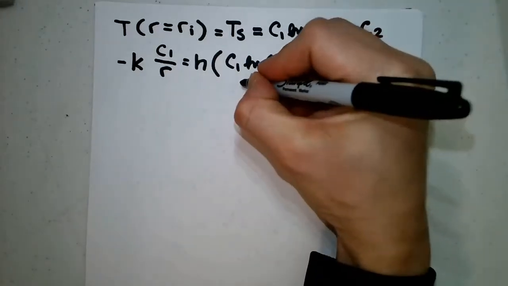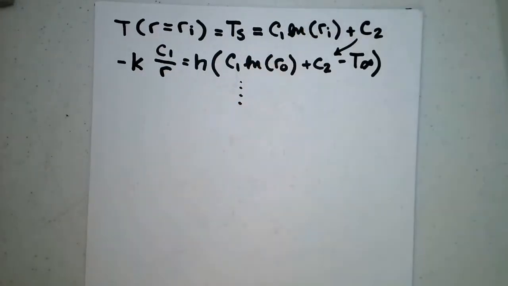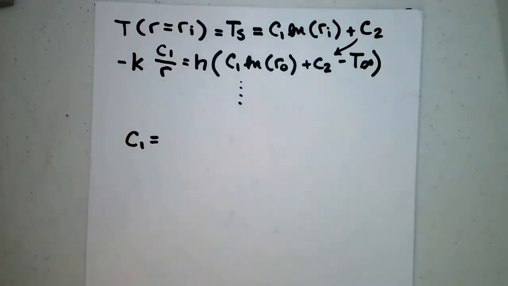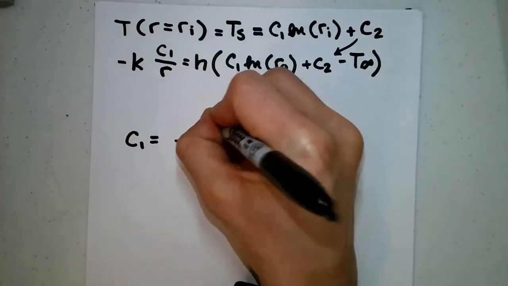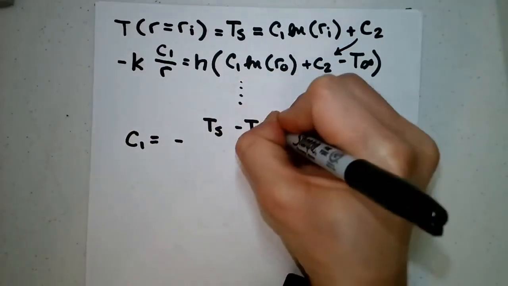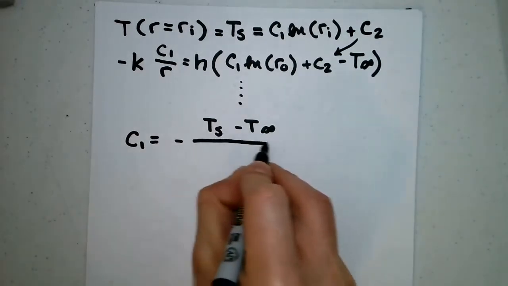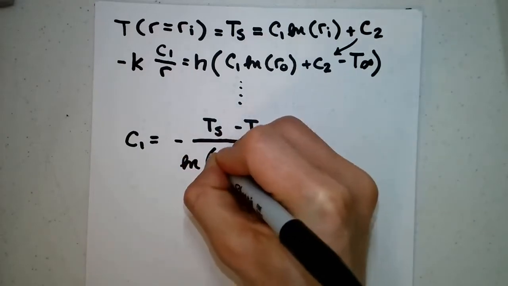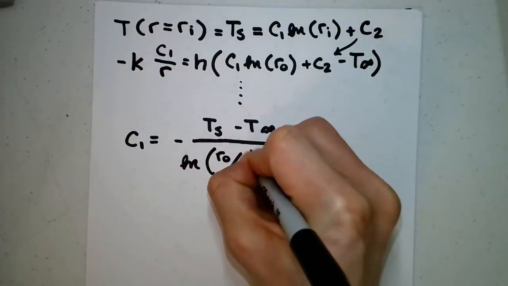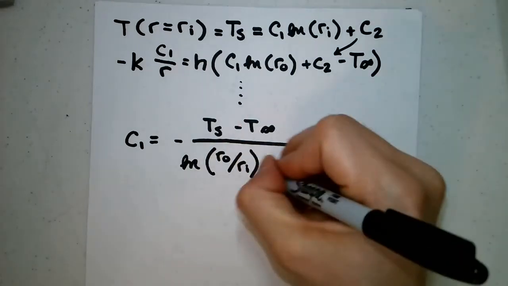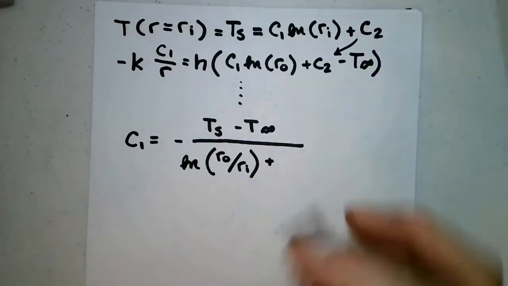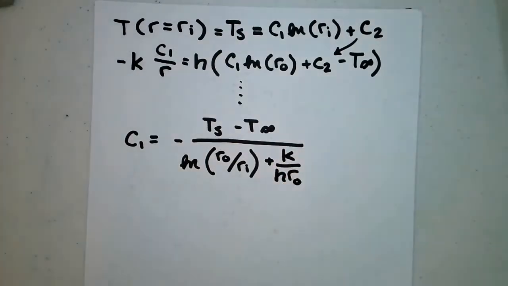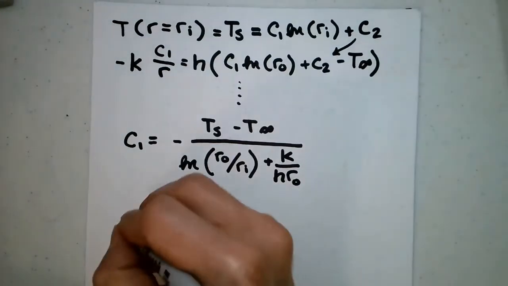So at the end of the day, we solve for these integration constants, and we find that C1 is negative (Ts minus T infinity) all over the natural log of the outer radius over the inner radius. And then we looked at this as a ratio of resistances, K over H Ro. And C2,